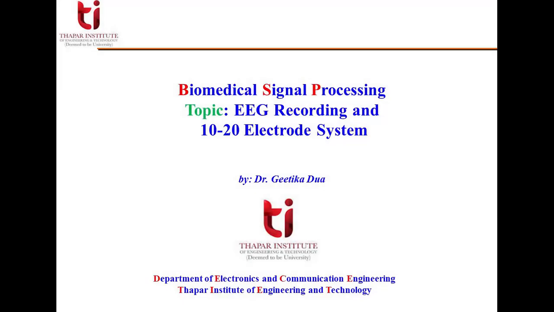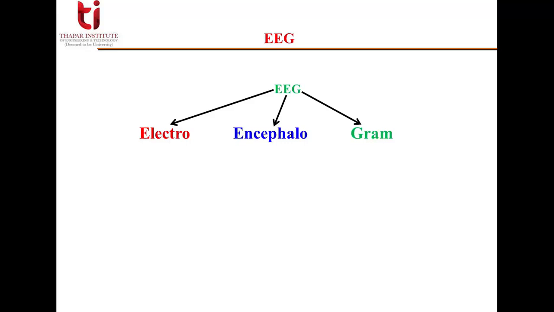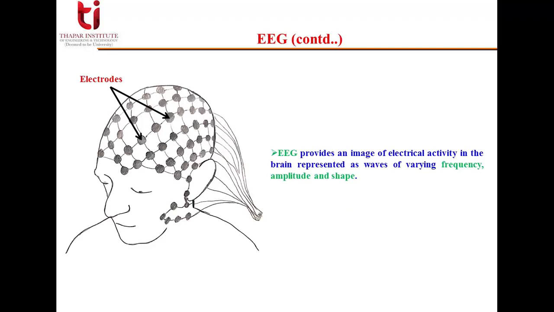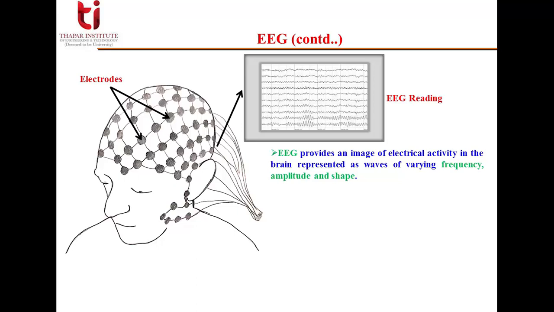Hello friends, this lecture is on EEG recording and the 10-20 electrode system. As discussed in the last lecture, what is EEG? That is electroencephalogram, meaning electrical brain picture, or in other words, it is the mapping of the electrical activity of the brain. EEG provides an image of electrical activity in the brain represented as waves of varying frequency,